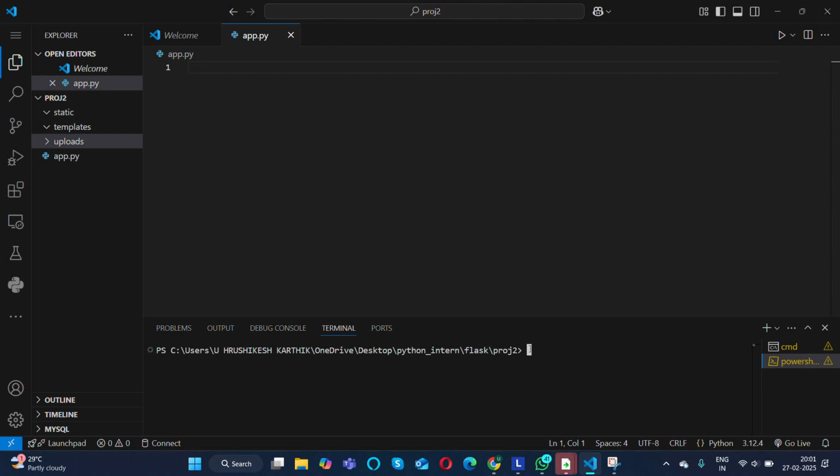Are we using SQL or MongoDB to store the data? Yes, storing the data. Any guesses? SQL, MySQL, SQLite, SQLAlchemy? SQLAlchemy. Exactly. So we need to install it, right?